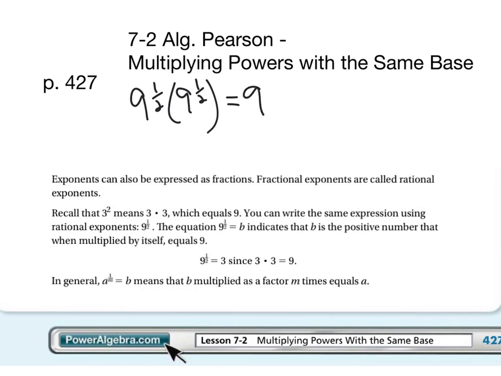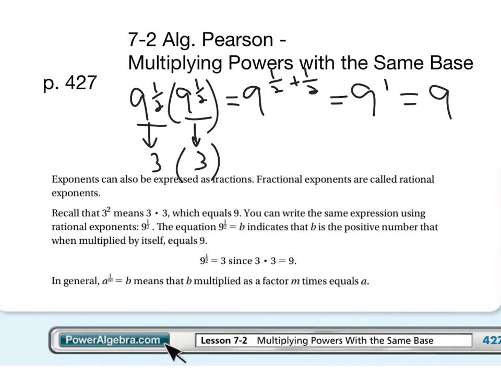if you think about what we talked about yesterday, multiplying like bases, you add the exponents. That would be equal to 9 to the 1st power, which is 9. Basically, these are both the same. If they're both the same and we multiplied them together and got 9, each one of these would have to be equal to 3 then, right? 3 times 3 equals 9. So basically then, from that, if those are equal to 3,